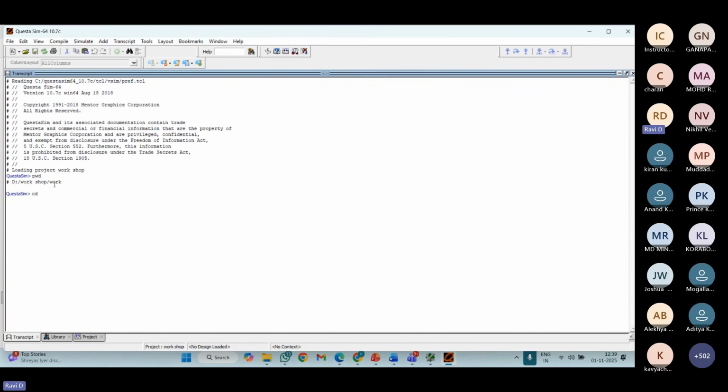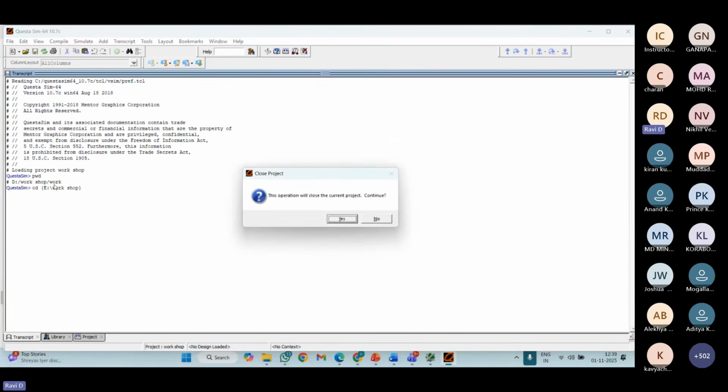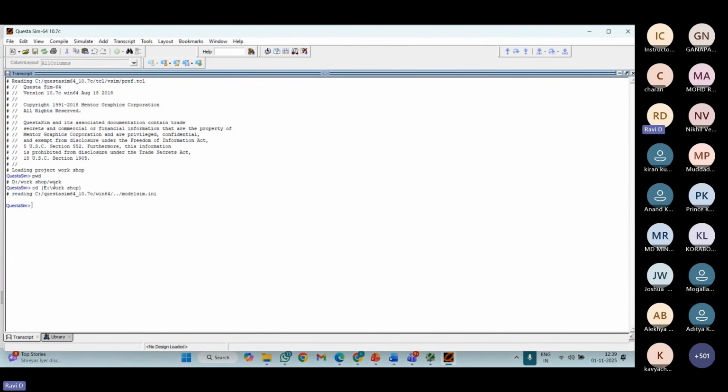I want to go to the path where I created the two files. Now I'm in my path. If I type ls, these are the two files I created. If you see the extensions, dut.v and tb.v, .v represents a Verilog file, while .sv represents a SystemVerilog file. The extension represents what kind of file it is. I want to design the code in Verilog, so I'm going to write it in dut.v.